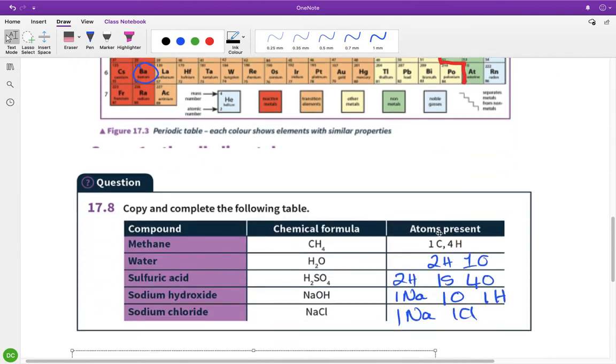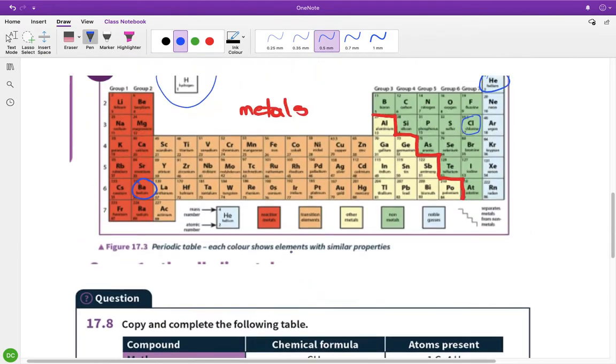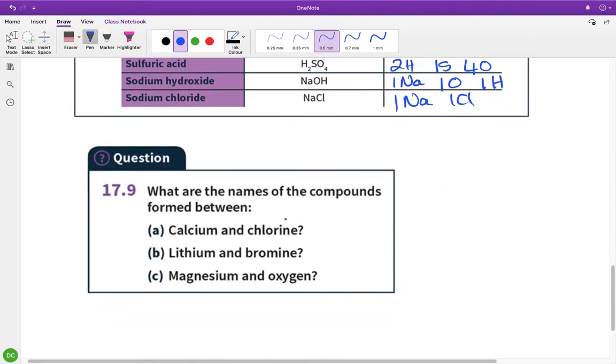Right, so these are bonds between metals and non-metals, so calcium and chlorine. Calcium is here, and chlorine is over here, so metal and non-metal. When you bond between a metal and a non-metal, it becomes an -ide. So this is calcium, try and spell it properly. So it's calcium